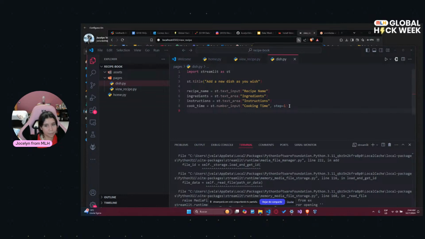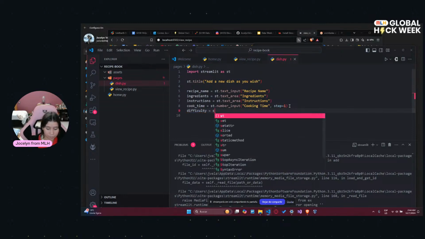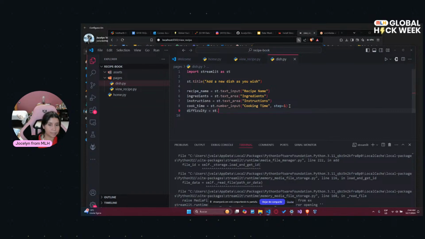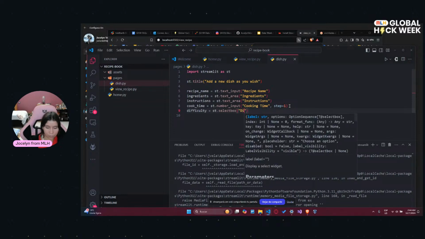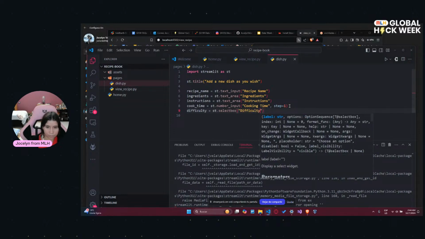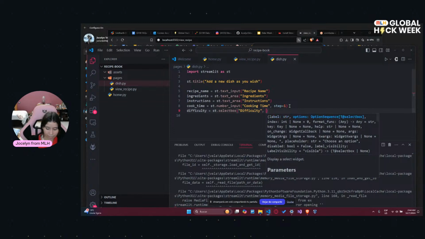So then we can use another widget for the difficulty of our recipe book. And for this, we can do a select box where the user can select from different options. So let's just type our label, that will be difficulty, and then we will be adding, for example,